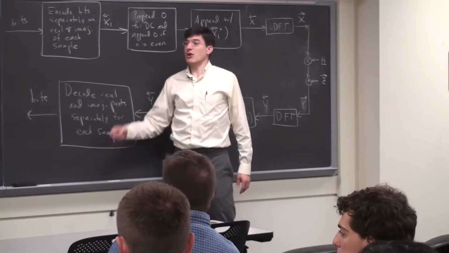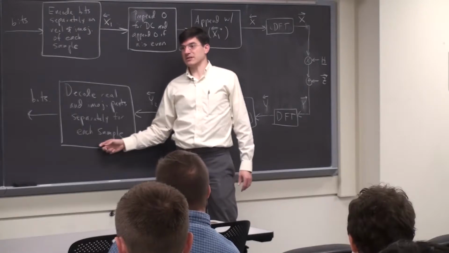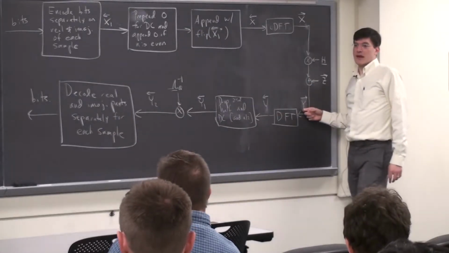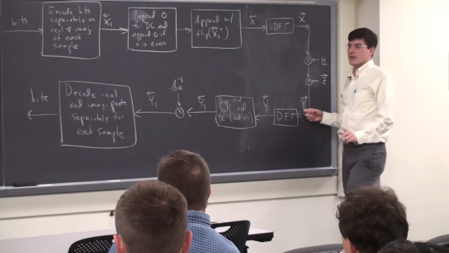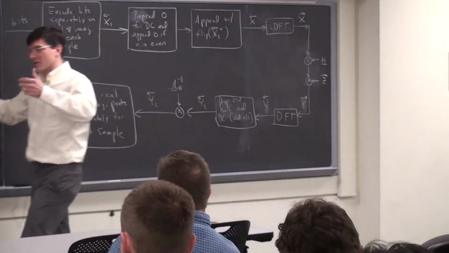before you start actually decoding bits. The bits are in the frequency domain, right? So you got to get to the frequency domain before you even start getting at the bits. And to get in the frequency domain, you need all the time domain samples, right? Having the first half of y is not going to cut it. You need all of them, right? So there's potentially a latency issue here where the decoder has to wait until it's accumulated a lot of samples before it can start decoding anything.